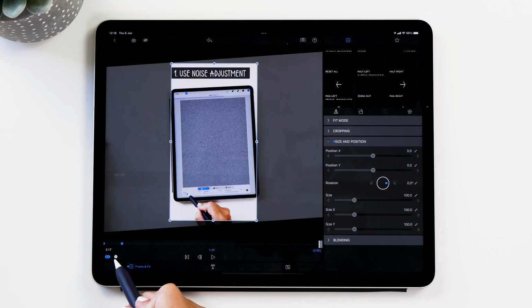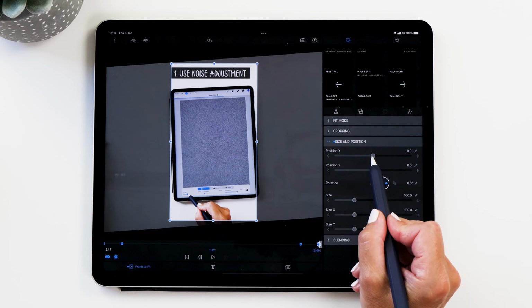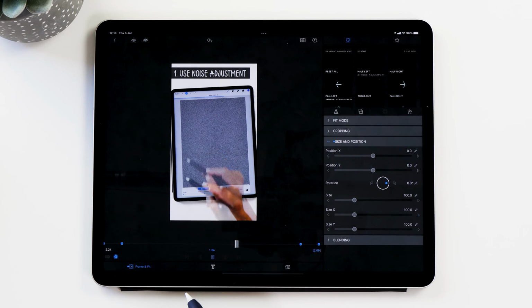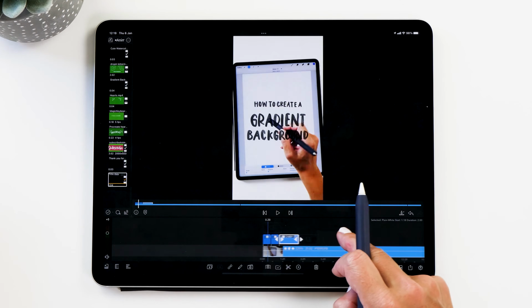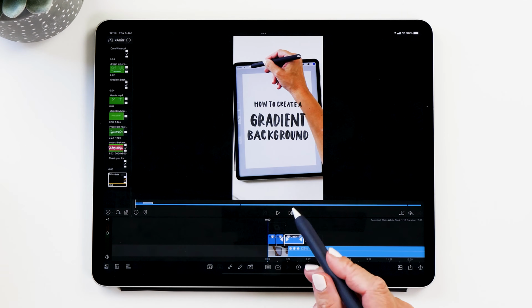So now we're going to do the same thing at the end. Again, we're going to add a keyframe at the end, and then just a 1/5 of a second out, we are going to add another keyframe, and then we're going to go all the way to the end, and then move it back out like this. All right, so now let's view this again. So you want to do that before you start adding more captions, because we can reuse the settings, so we don't have to do the whole thing every time.